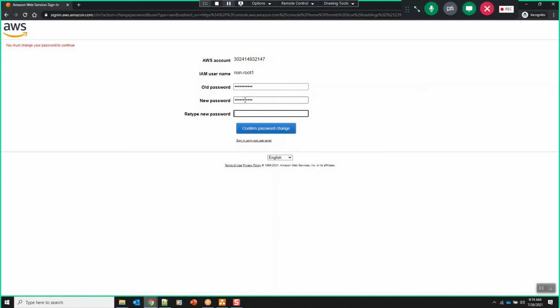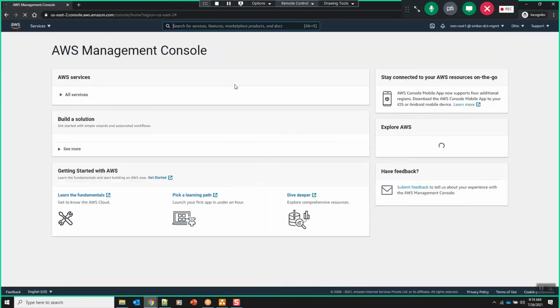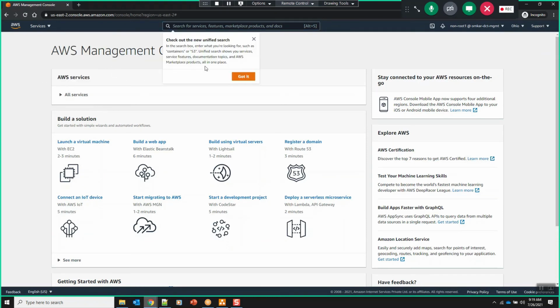Let's say that you have requested for AWS user creation, and you have CC'd your manager and all, and they created the user for you and sent it to you in the email. Now whoever is in the email can see the user and the password, right? So this enforcement will actually help you, like remind you to change the password on the first login, so that your password is not known to anyone except you.